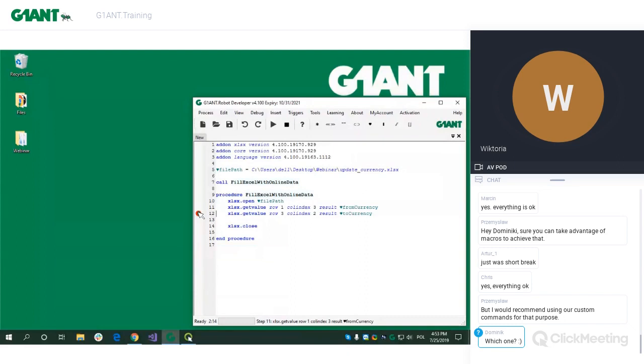Okay, as you can see, this green arrow is pointing at this line, and the script is stopped at step 11. It means that we're in a debug mode, and when I press F10 or click,